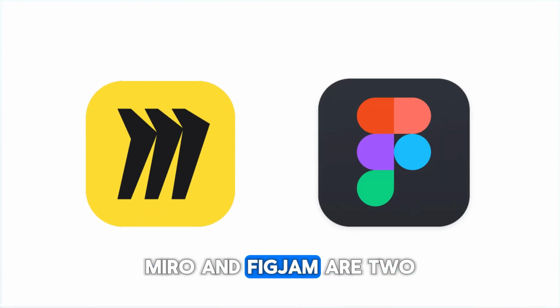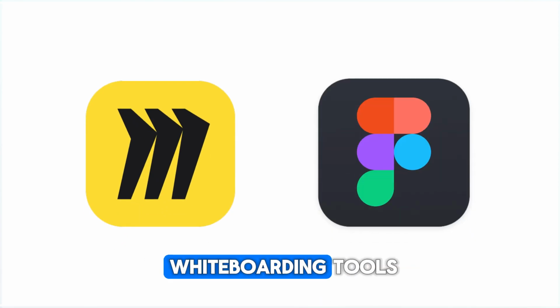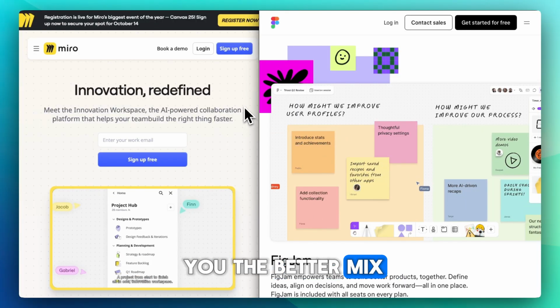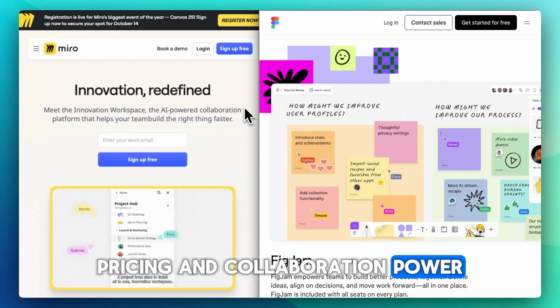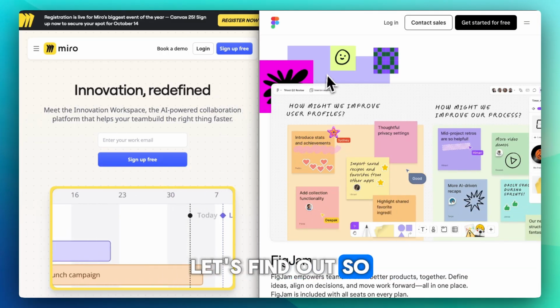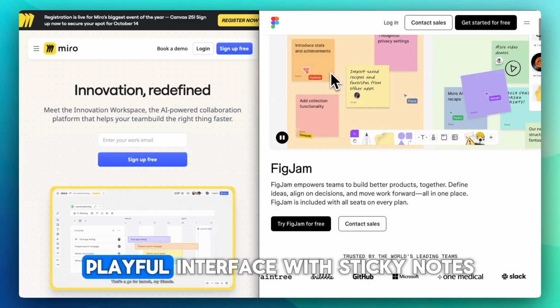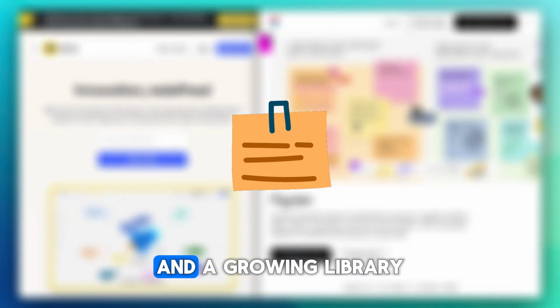Miro and FigJam are two of the most popular online whiteboarding tools. But which one gives you the better mix of features, pricing, and collaboration power? Let's find out. So, FigJam offers a clean, playful interface with sticky notes, shapes, voting timers, and a growing library